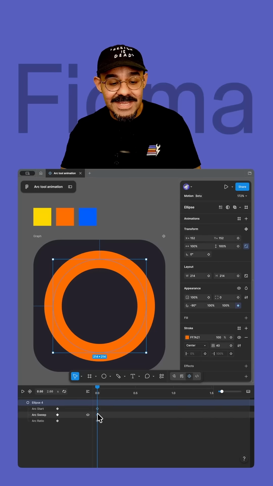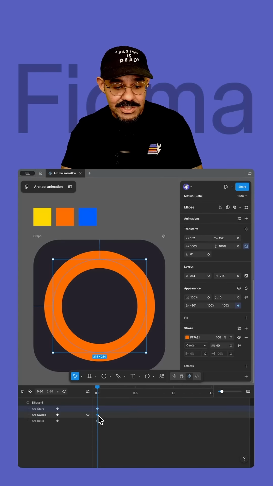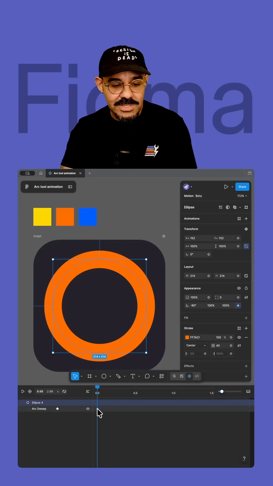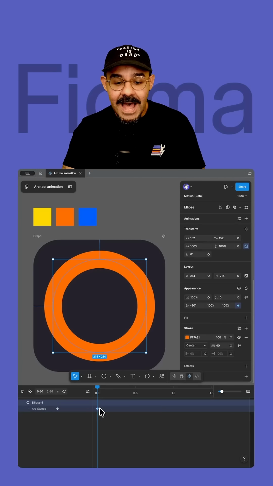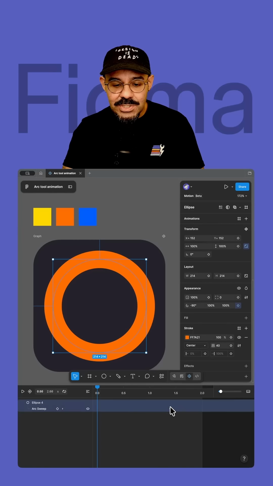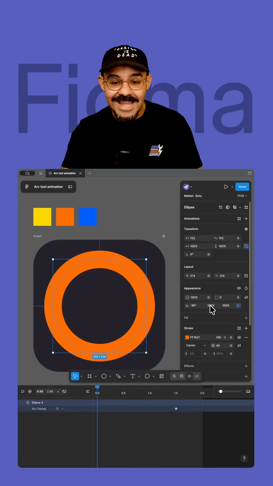It's going to set 3 keyframes for us: the start, sweep, and ratio. We really only need the sweep value. I'm going to delete those two so we just have the sweep value there. I'm going to move that over to about 1.5 seconds right there, and then we're going to set the sweep